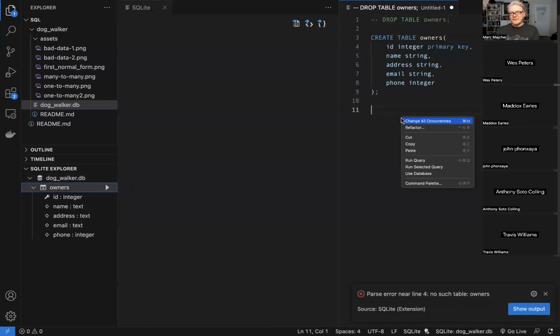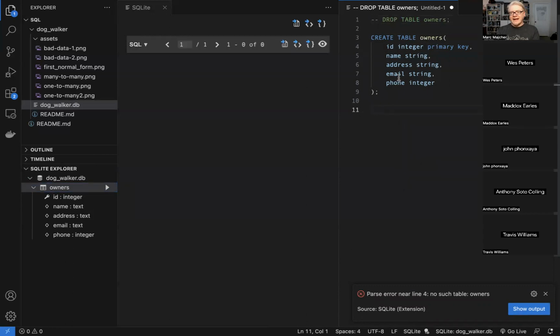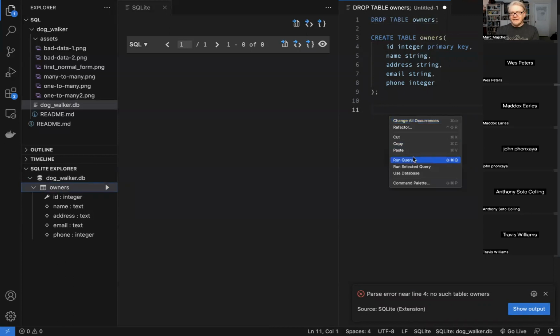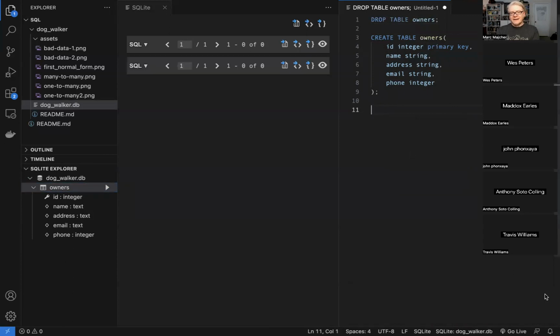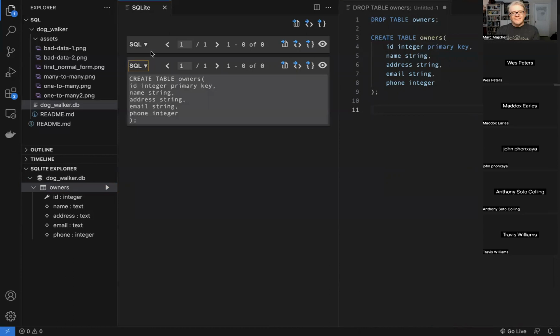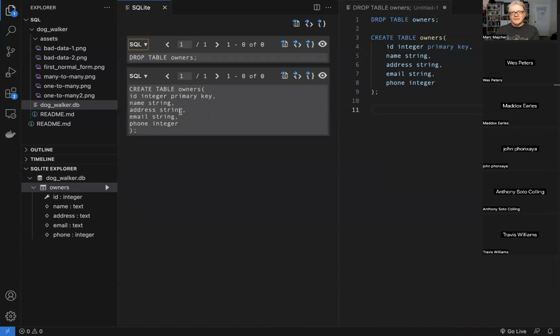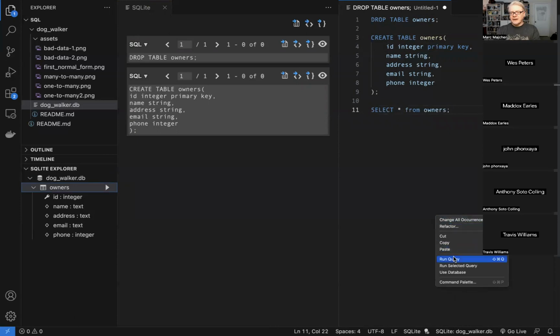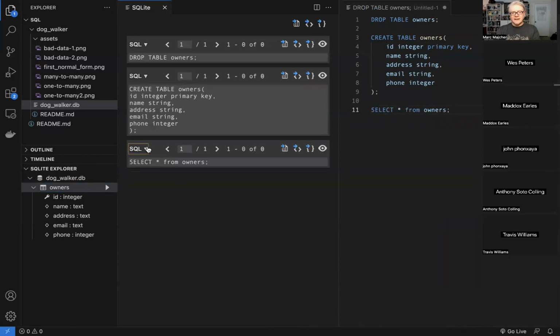Let's just create the table first. Hey, there we go. And now if we run it again, it should be okay. Great. So here's our table. There's the SQL for it that got executed, and there's nothing in it. So we can do our select star from owners, and if we run it, it should give us nothing. Great.